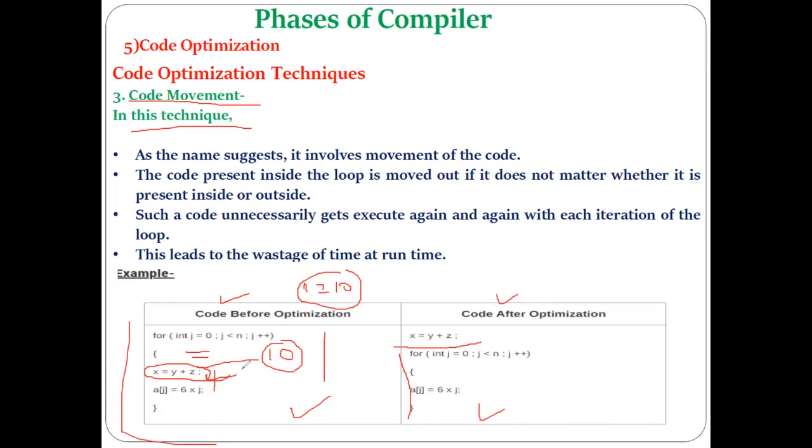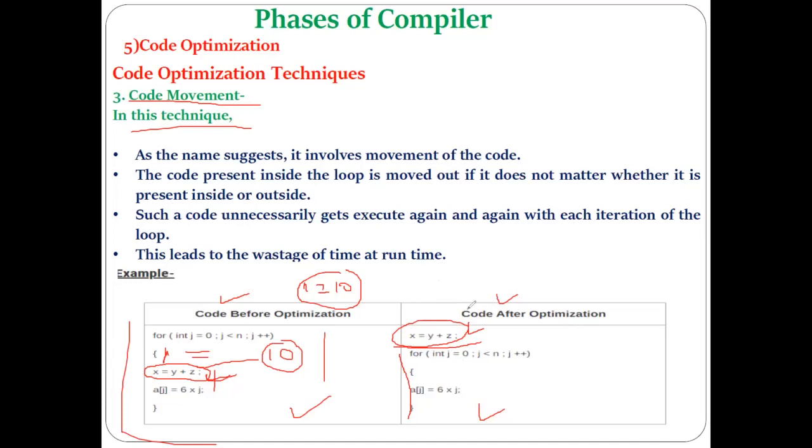So you are doing the code optimization as a code movement because it can be done. If you move this x is equal to y plus z before this loop, then it is not going to affect the final output of the code. Understood? Why is it not going to affect? Because here you are not changing any value of y, z or x. It is remaining the same. Understood? So if you move this out of the loop, then your processing time will get reduced. And if your processing time gets reduced, that is considered an efficiency improvement in the form of time.